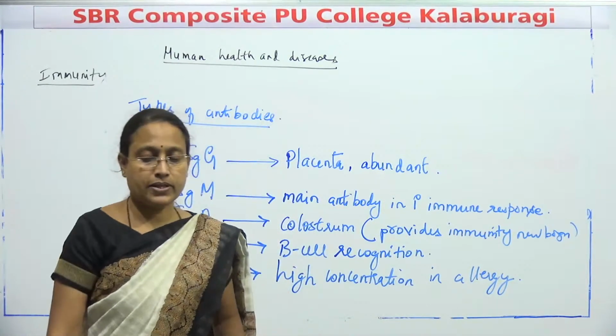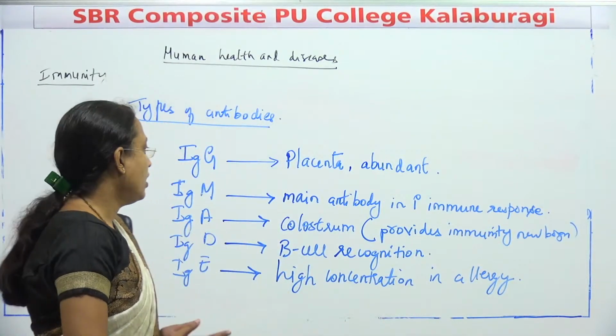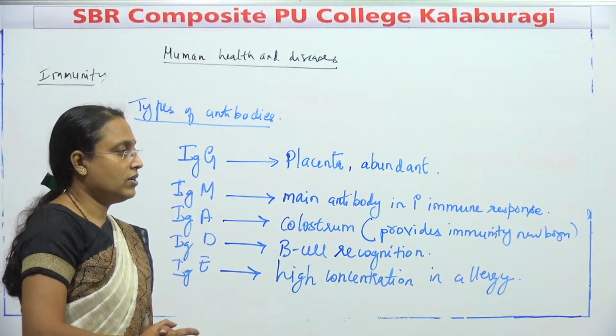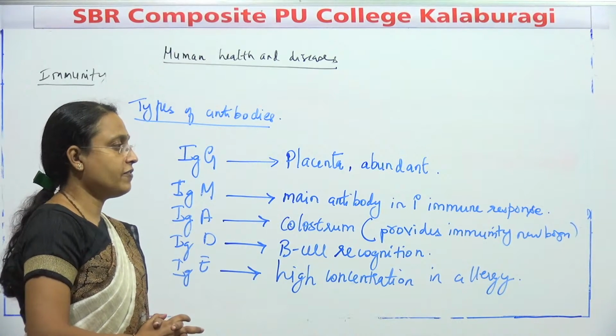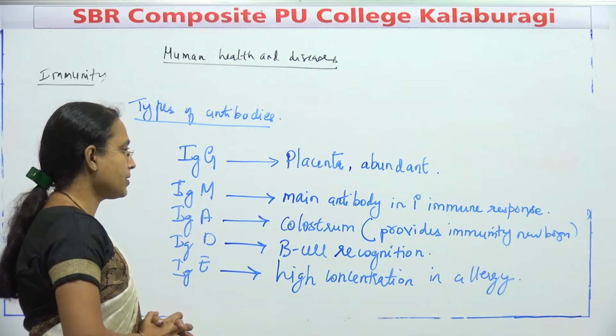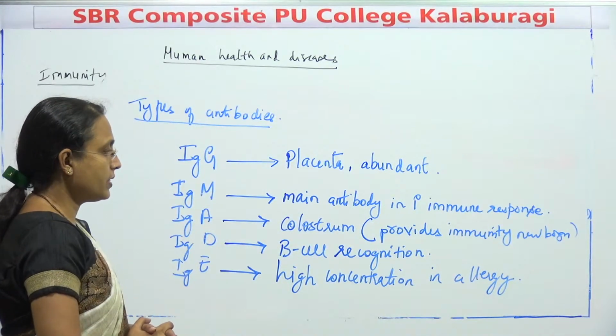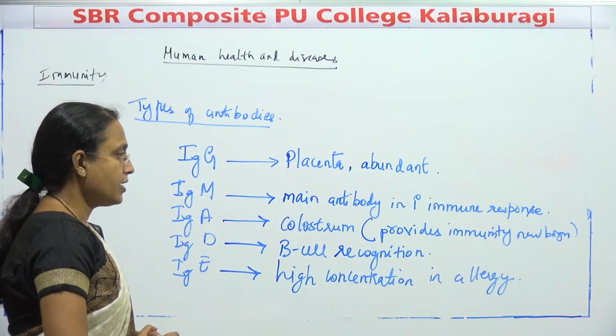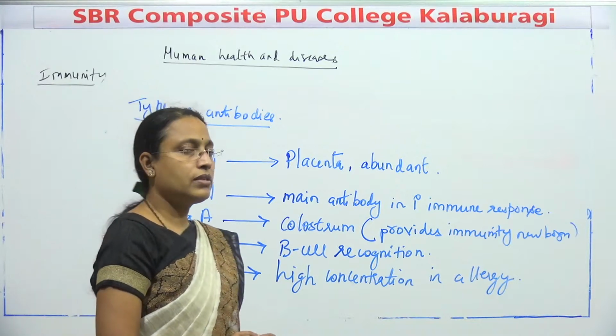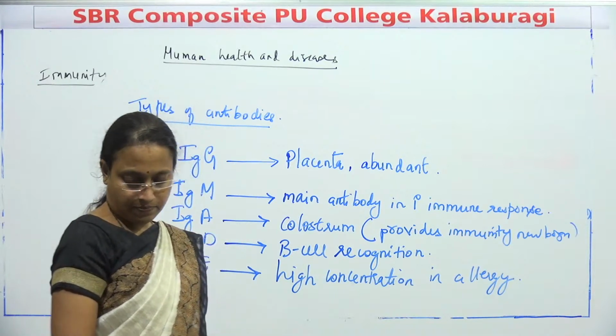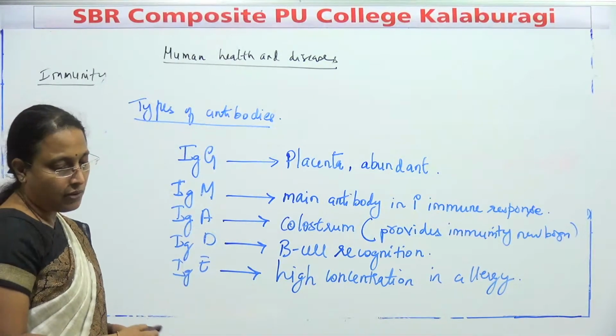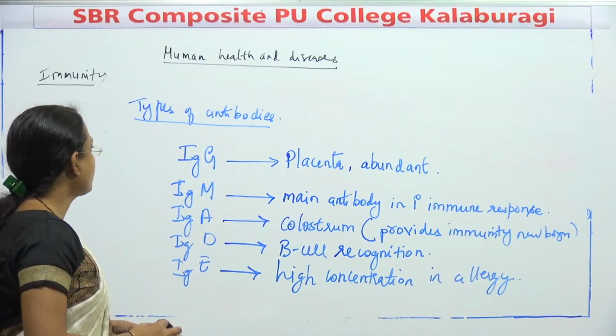So it's present in high concentration if a person is suffering from allergy. Normal concentration is different, but whenever its concentration becomes high, it means that the person is probably suffering from some sort of allergy. So these are the different types of